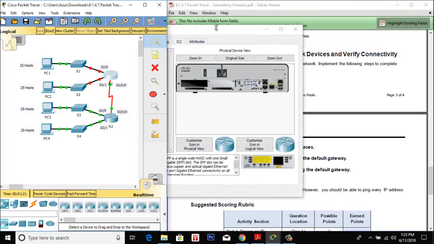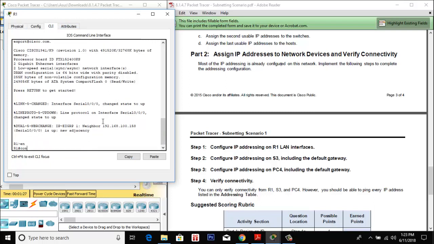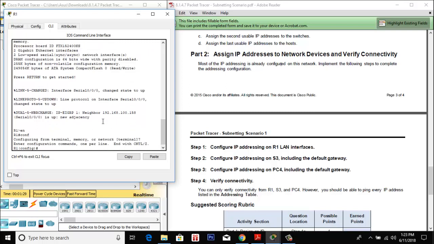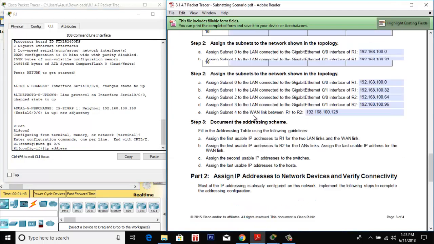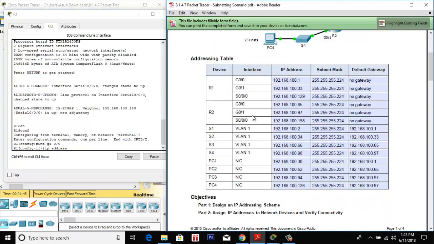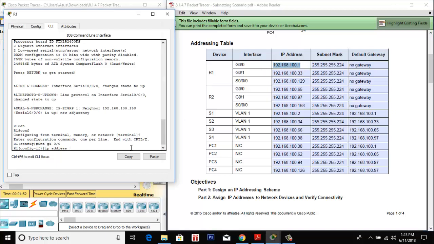So R1 CLI, enable, configuration, interface gigabit 0/0, IP address. R1 router 1 here 0/0, copy, paste,